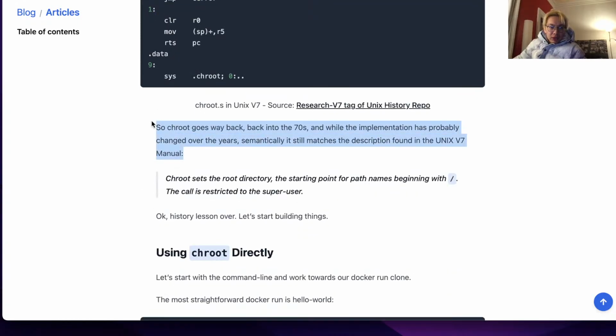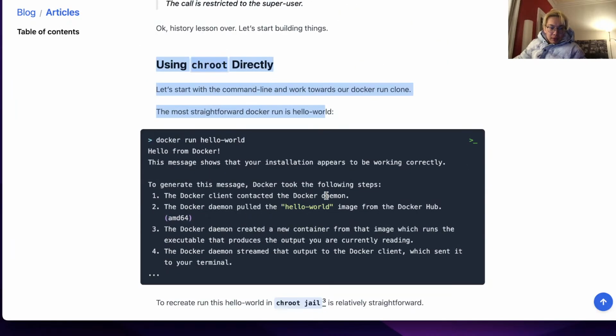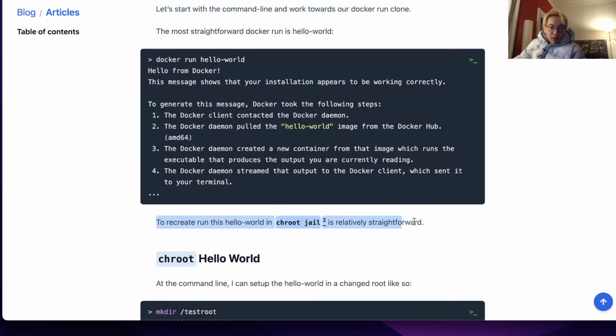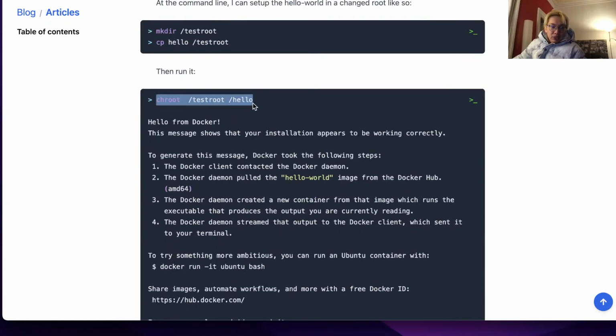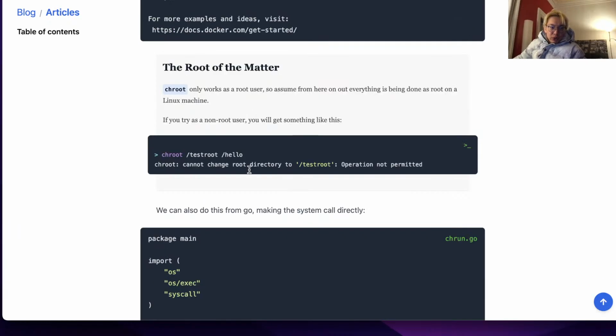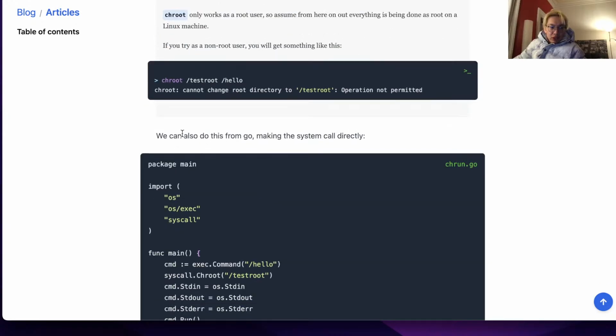So chroot calls the, okay, fine, whatever. chroot jail. I can set up chroot and change root like this. So you make a test directory and copy the files in, and then chroot into the test directory as your new root. Okay, it only works as root user. Now that works. Then you have a Linux user.